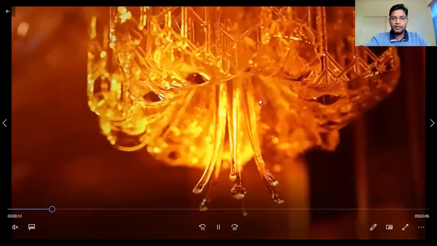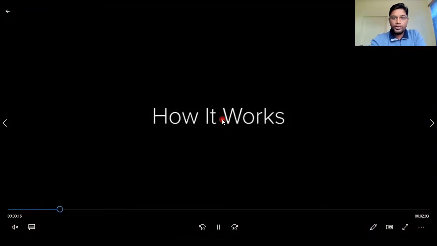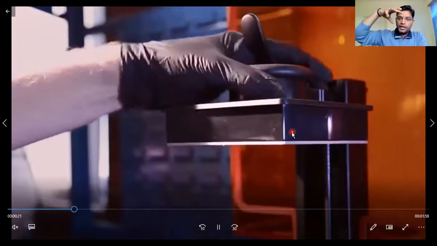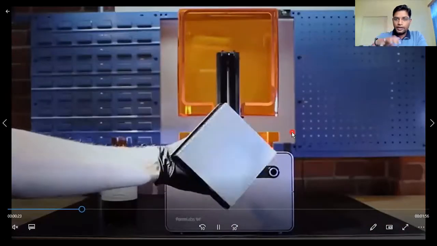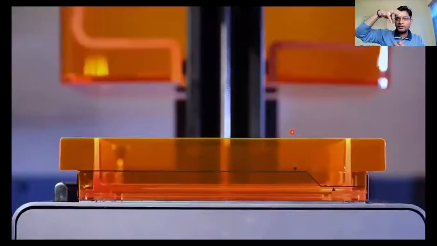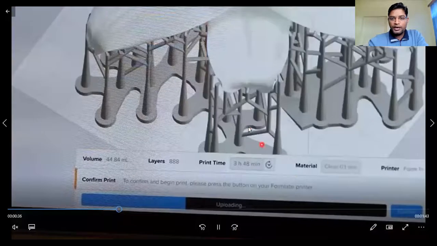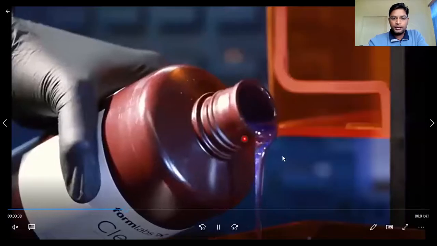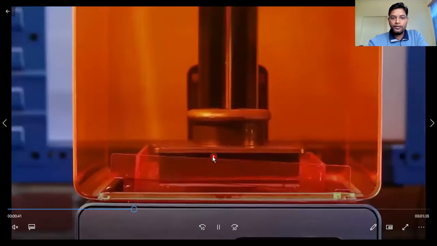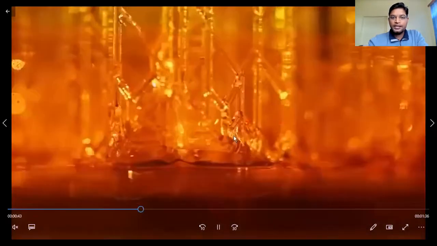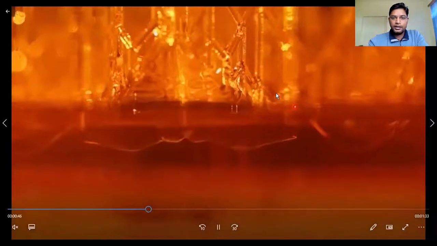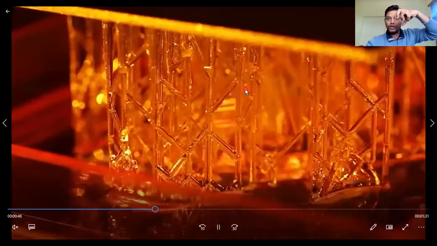So these are the types of jewelry or things that we are producing. This is basically the platform. Either we can use this platform on the bottom side or top side, as per availability, depending on which direction we are moving. If we are moving towards the upside, then we can use the top side. If we are moving toward the downside, then we use the bottom side. These are the geometries that we have to create, and this is the liquid resin we are filling in. Now it is filled, and the laser is passing, and as it gets solidified, it moves towards the top side.